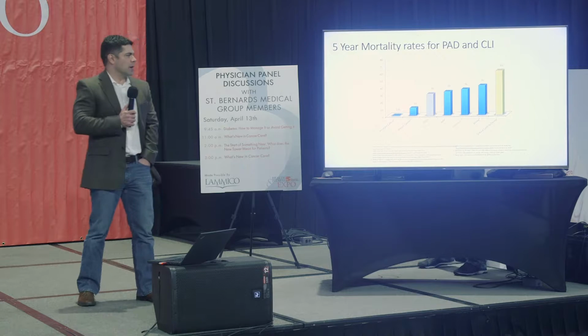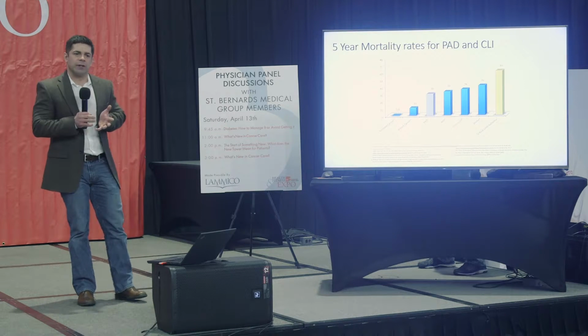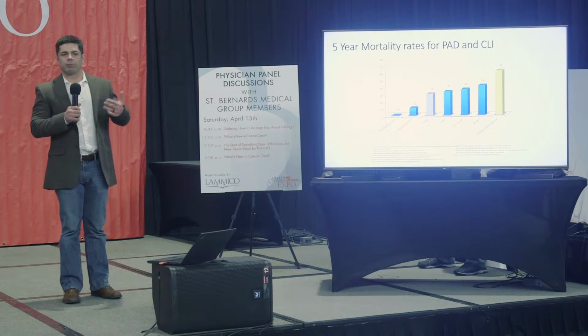Peripheral arterial disease is really just a generic name for blockages in the arteries that are not in the heart. So PAD is just a generic diagnosis. If we take that a step further, critical limb ischemia is when somebody is facing the risk of amputation of one of the limbs, usually the legs. That's what we consider critical limb ischemia.